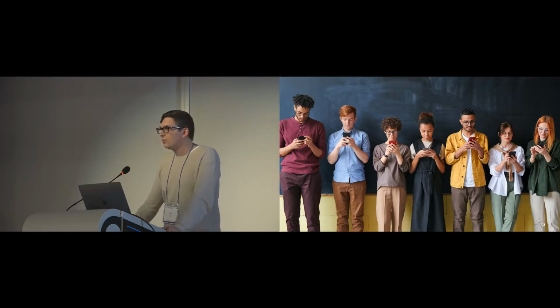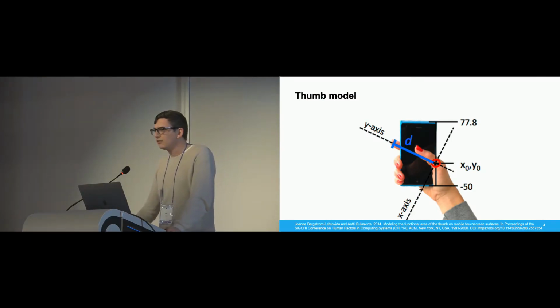To build interactions which are ergonomic and help the user best, there's a wide variety of studies that looked at how we hold devices, how we make use of the front and the back of the device, and how finger placement happens. I'm going to start off with this early work from 2014, where the authors presented at CHI,